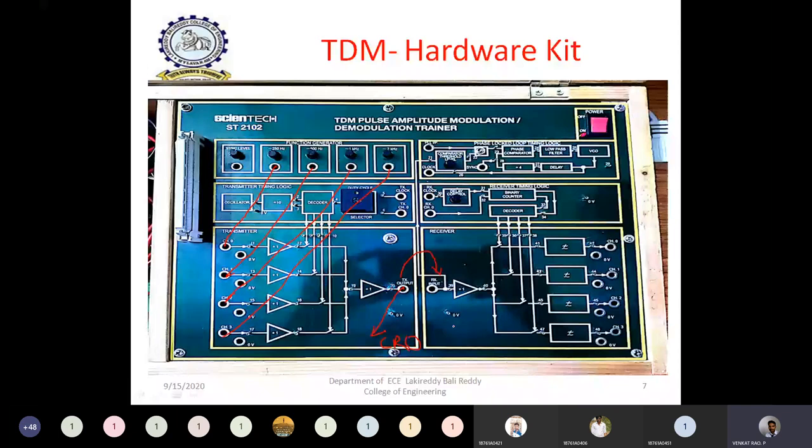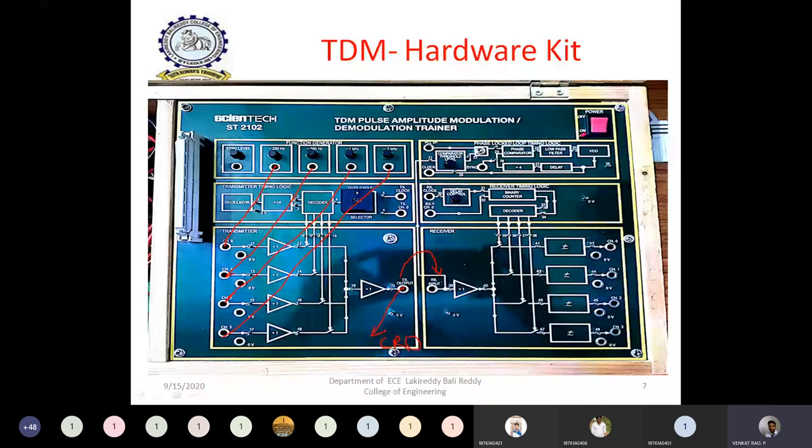Again there is a timing clock. The same clock must be used here, both in multiplexing and demultiplexing, because both operations must be synchronized. Only then are we able to reconstruct the original signal perfectly. So for that synchronization process, we need the same type of clock signals on both the transmitter and receiver side. That's why this is the transmitter timing logic and this is the receiver timing logic.